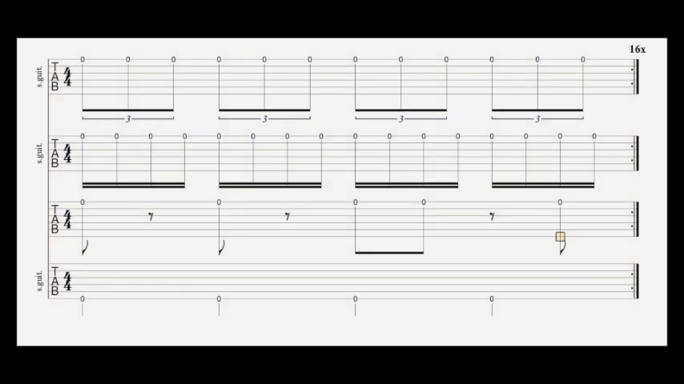So let's take a listen to a 16th-note based rhythm. We put a rest, let's say we put it there, and we put it there, and then we want 2 rests here and 1 there. What we get is